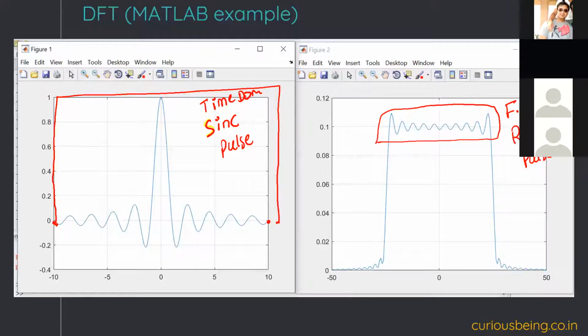Because we are limiting it, there is a sharp transition, and as Vipul said, this is the Gibbs phenomenon, a transition from high to low frequency. That high to low frequency is again coming from here. There is a sharp discontinuity. From some finite magnitude, I'm just dropping to zero. So this is a discontinuous signal, and that's why it is causing some spikes, which are higher frequencies.